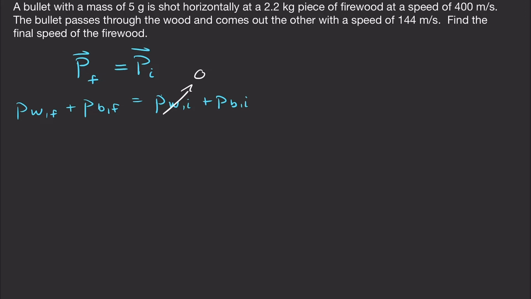We're shooting a bullet at a piece of wood that is sitting still, so the initial momentum of the firewood is 0. And now we can plug in our definition for momentum, so we get the mass of the wood times the velocity of the wood plus the mass of the bullet times the final velocity of the bullet